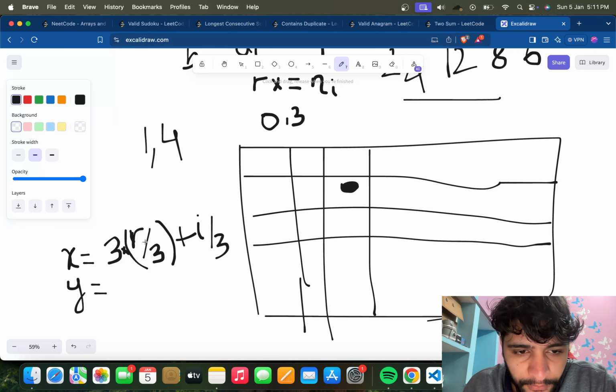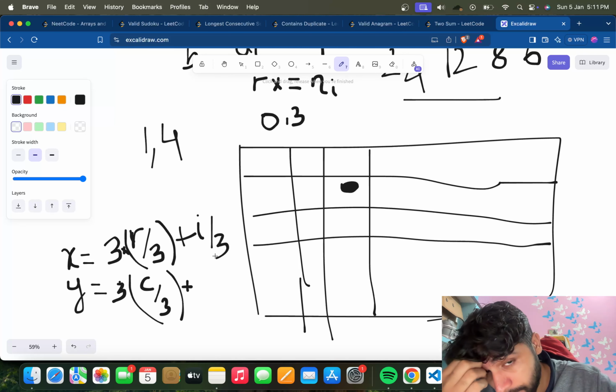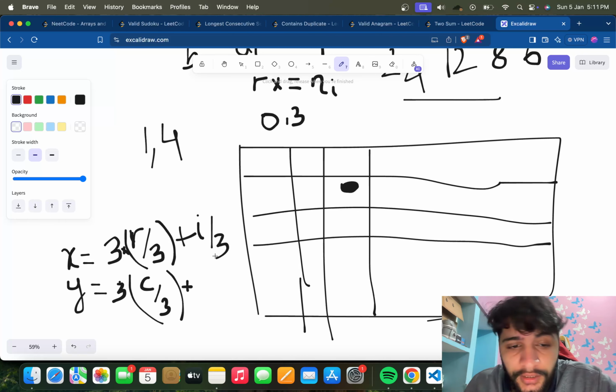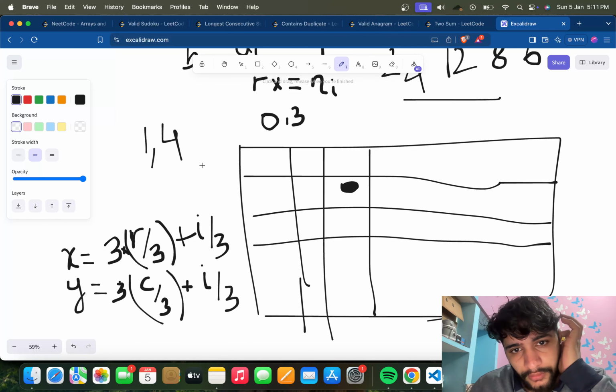And how can we get the column? C by 3, we will try to do the same thing, into 3 and plus we have to get the 3, right? So column is 4, so 4 by 3 is 1, 3 plus i is 0, so i by 3. Will it work? Okay, first time it works, second time it will also work,